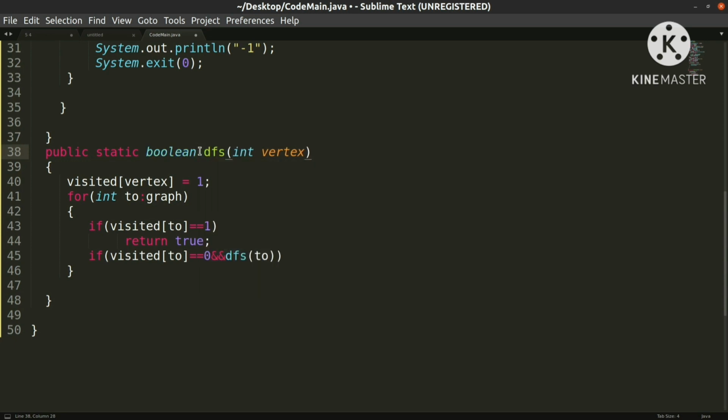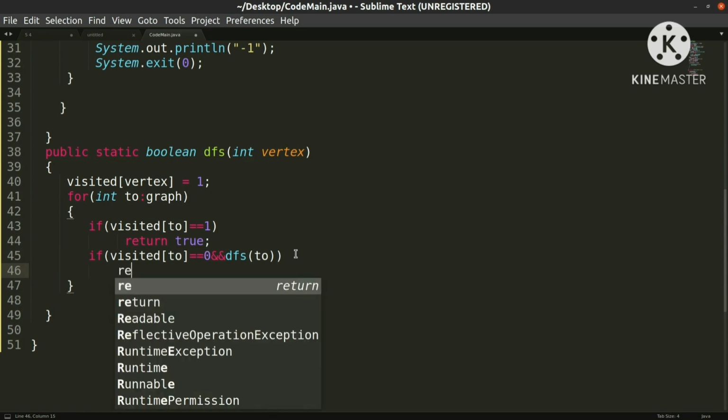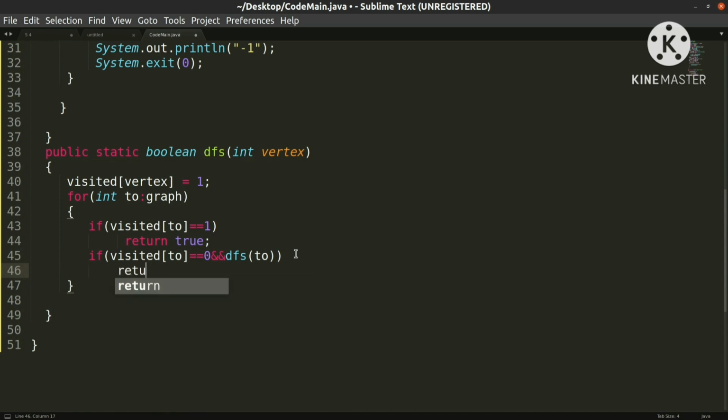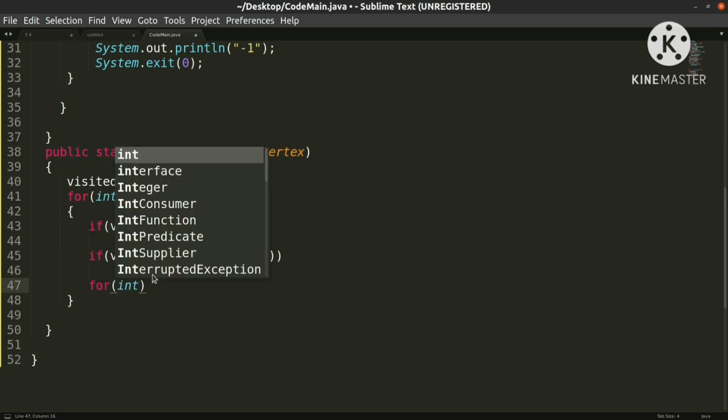So let me name this function DFS. So DFS2, I'm just calling this function. From that, the node will be explored completely to the end. At that point, if this DFS2 is called and it is returning true, that means there is a loop. I have to return true. And after that, if these two conditions aren't satisfied,